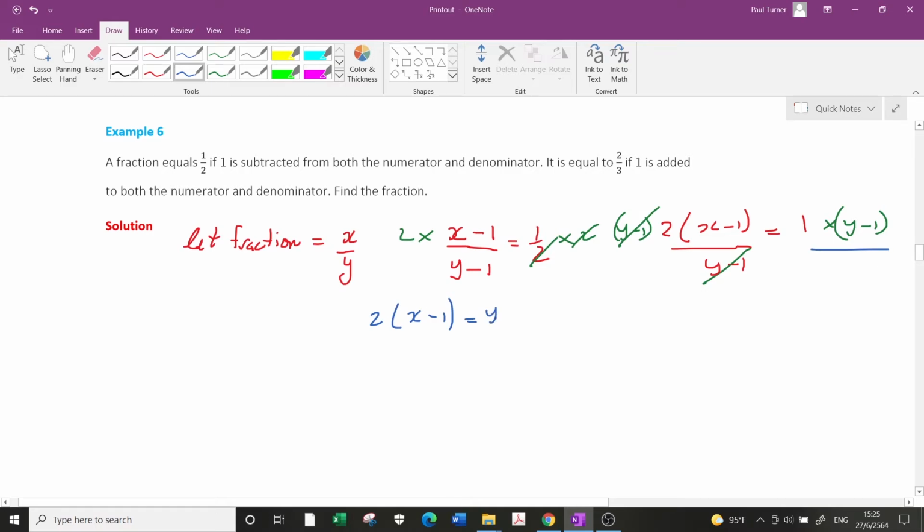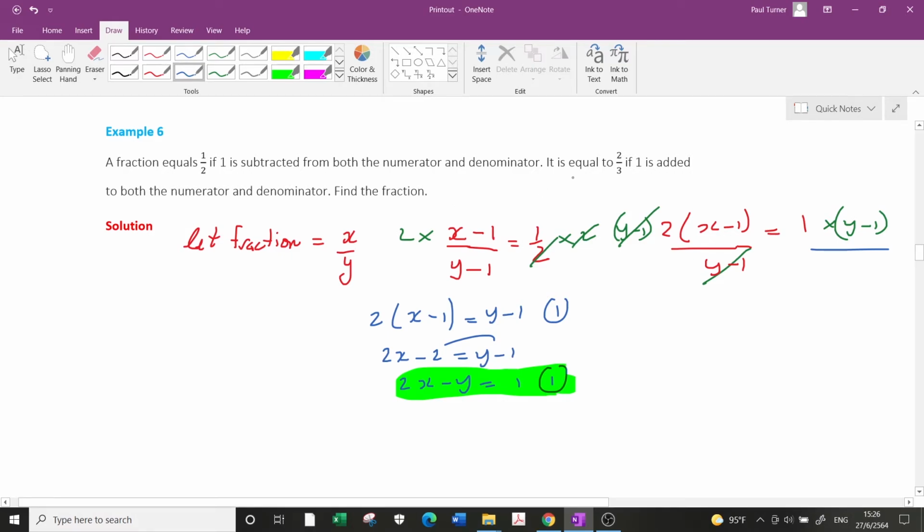Well, that's y minus 1. This will be our first equation. So we'll simplify it. So 2x minus 2 equals y minus 1, and rearrange. So 2x minus y equals 2 minus 1, which is 1. So that's equation 1. Highlight that. Okay, so then